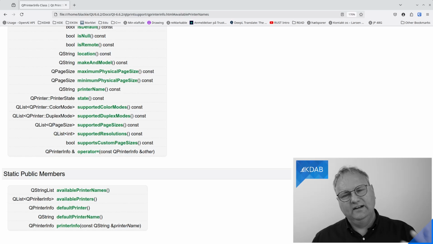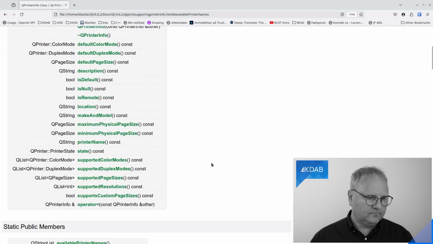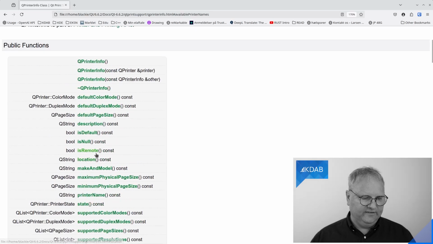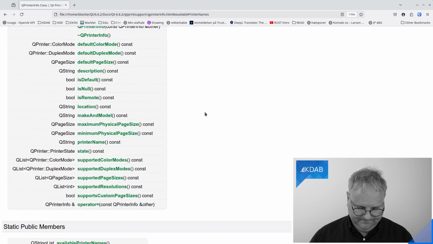But instead of just having a list of printer names and then having afterwards to go from printer name to actual printer info, you would just get your hands on all the printers. You would put into your combo box the printer name, and as a data part of that item, you would have the printer info, so you could way more easily get to the actual info once the user selected the printer. It has information about whether the printer is remote or is the default printer and so on. You can read what it says in here itself.